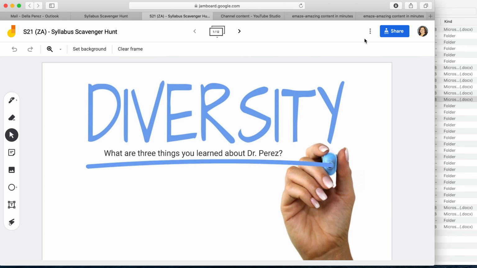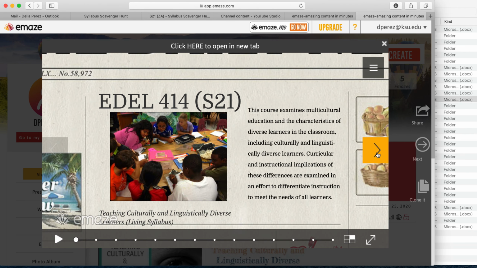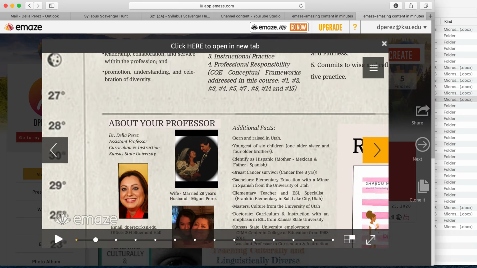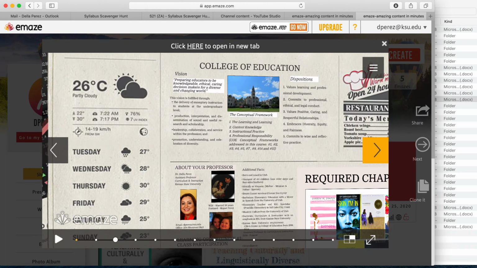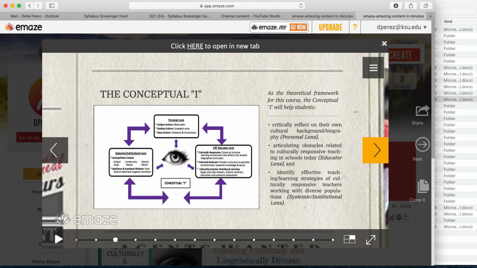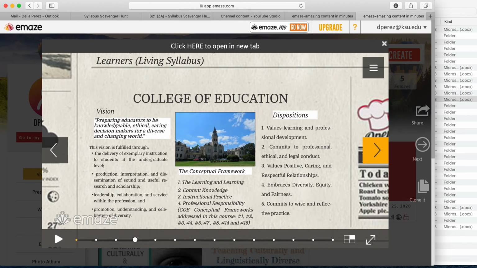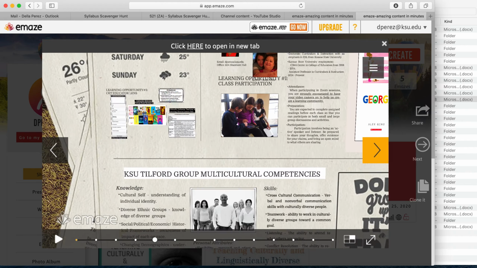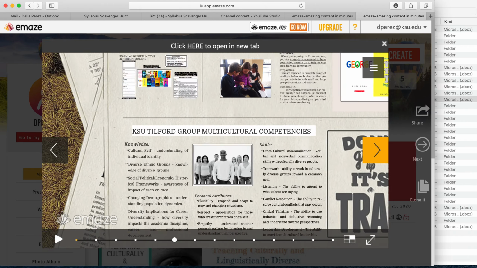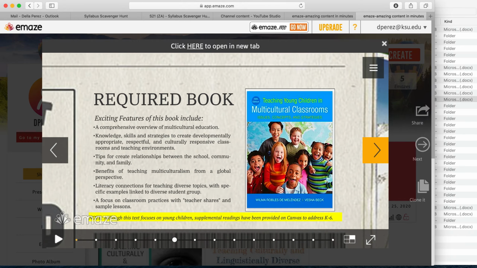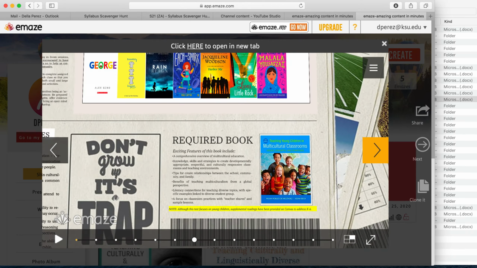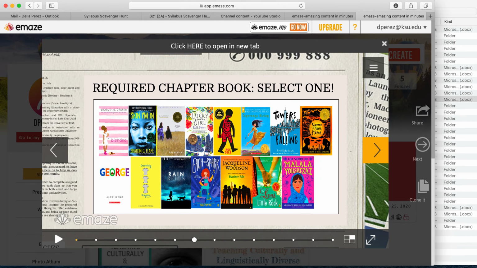So what I encourage you to do is look through this. It goes over our syllabus again, but in a more visual way, I think. It's going to go over a little bit more about me. You'll see the conceptual eye, which is the theoretical framework for the course, and that's how all the assignments are laid out. The College of Education information, the competencies that this course ties into, the required book, the required young adult book, you have to pick one,